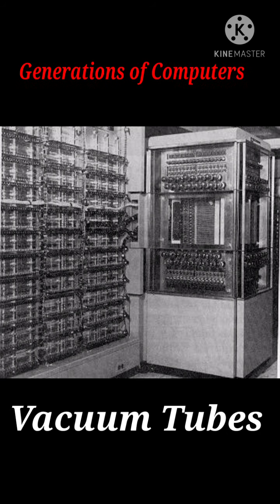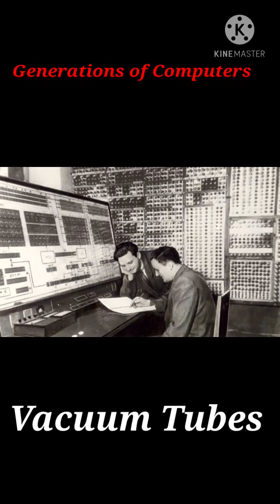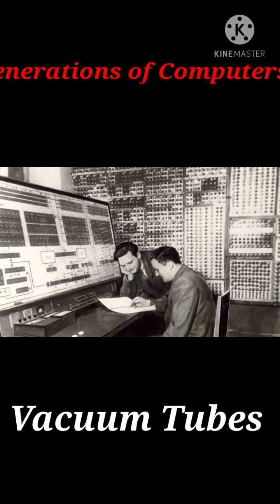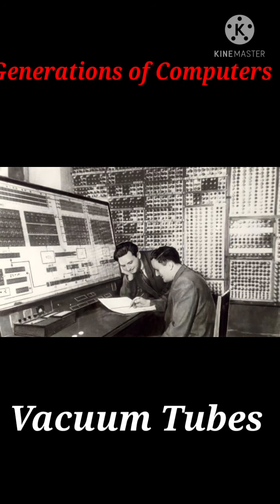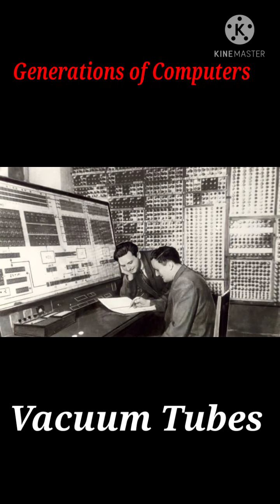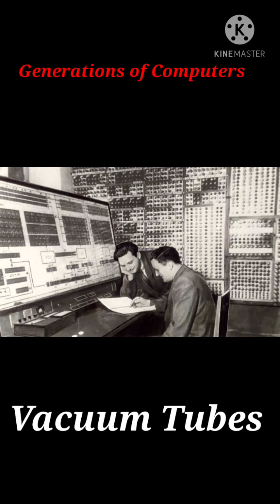Two demerits of this computer were it could store only a small amount of information and the task of modifying a program was difficult. The power needed by the computer was enough to light a small town. They require a large cooling system because of the production of a large amount of heat.